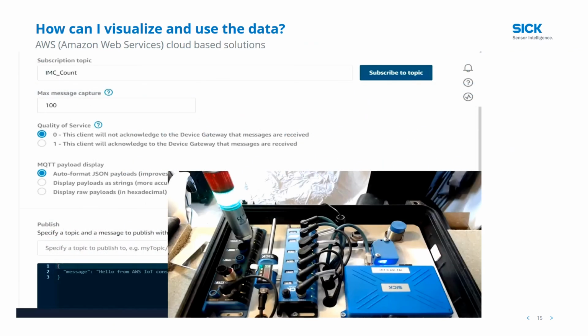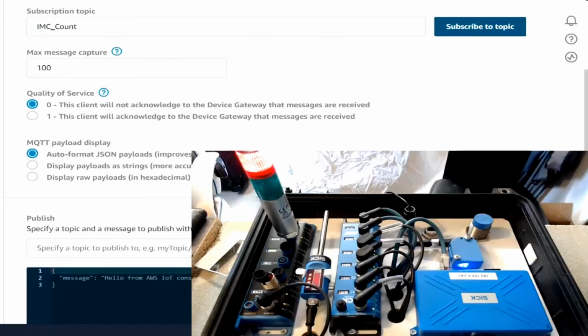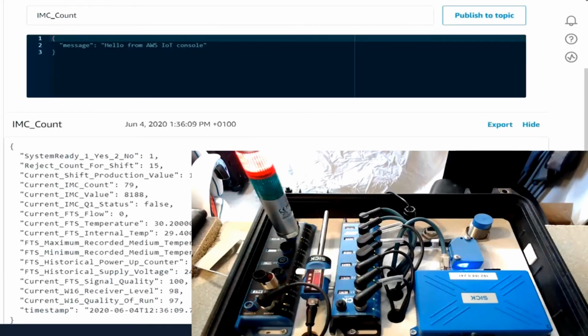Fantastic. But development's all well and good, but now let's see what would happen when we want to use this in a real world application in a platform that you can get hold of right now. So we're in the AWS cloud now. If I just subscribe to the topic that we've defined in the Node-RED flow, straight away you can see we